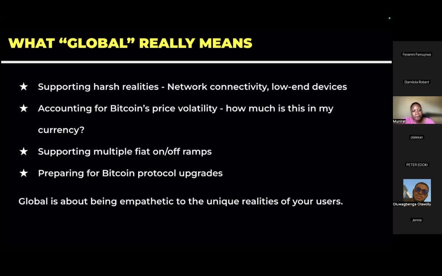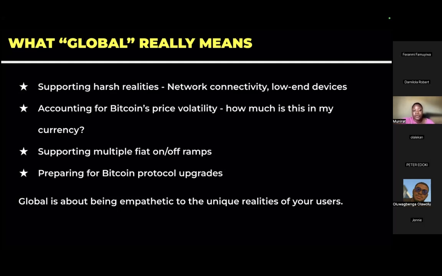Then, are you able to prepare for Bitcoin protocol updates? Updates keep coming. If you are following the Bitcoin trend, you see updates. They've gone from using legacy address to using SegWit to Taproot, the silent payment. There are different things. There's the layer 2 network, people talking about Lightning. Now they're talking about something else. You are seeing different upgrades. They want to make it better. They are releasing different BIPs. So is your application or your product able to support that, which helps to ease your user's experience? Does this solve their problem?